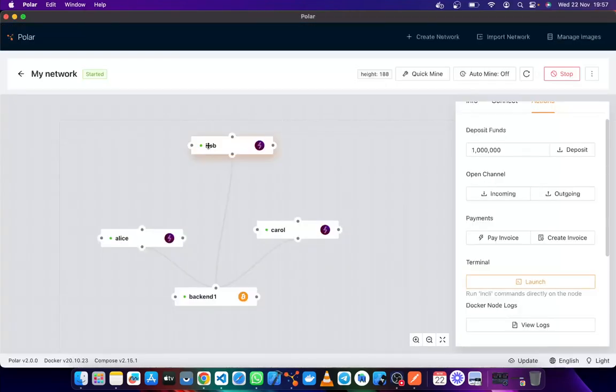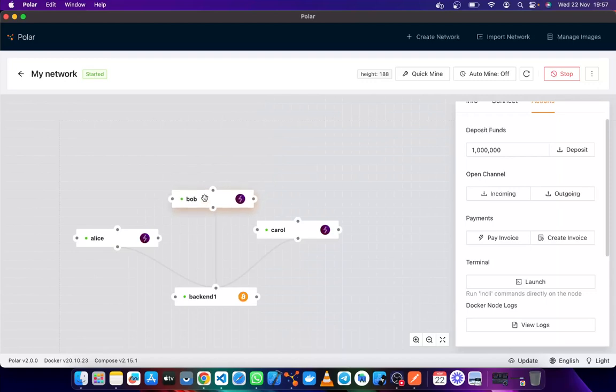Now, I think I know the issue. The issue is when you create a Lightning invoice, it gives you all this information about the node, for example, Bob or Moon. It gives you the path that your invoice is going to take to get to Moon. So the problem is Alice was not able to decode this guy's invoice because it does not know where Bob's node is. So the path is not clear to this guy.